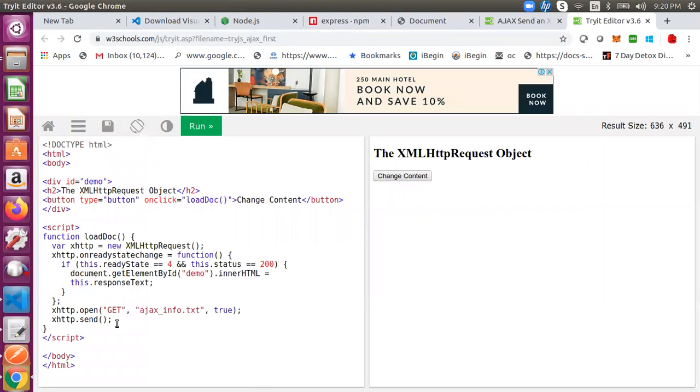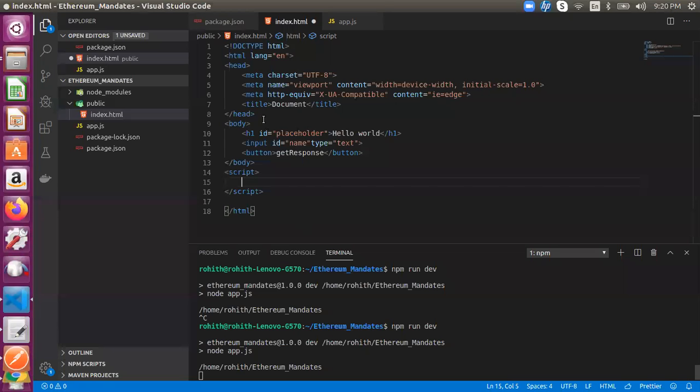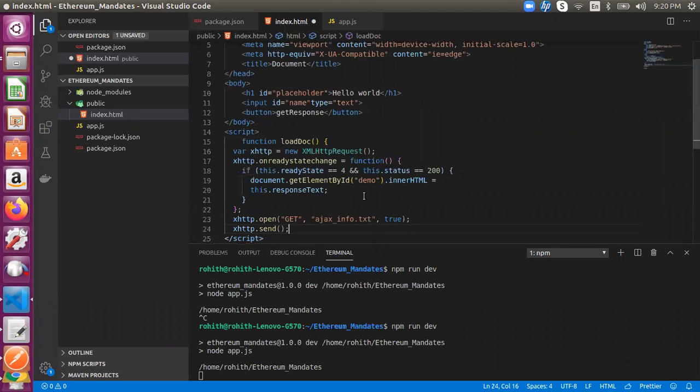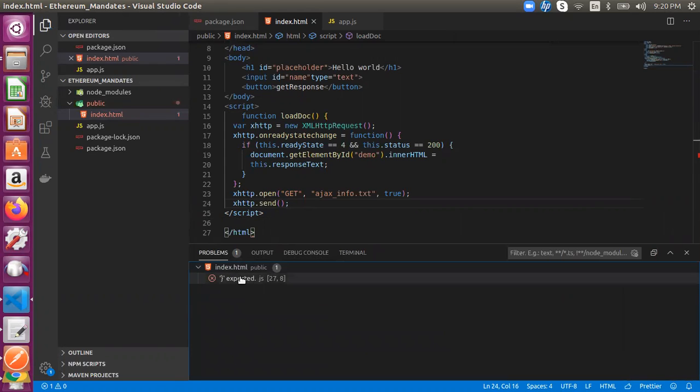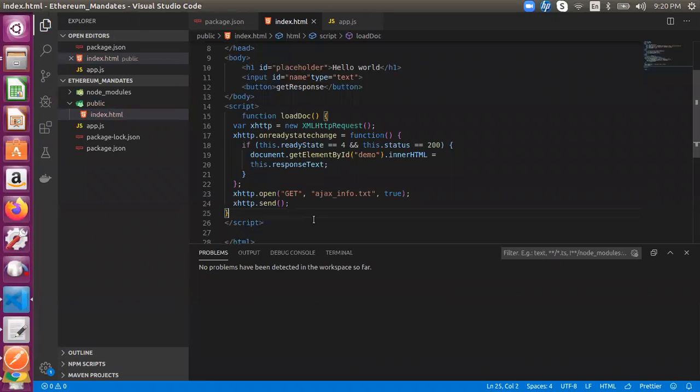I click on try it yourself, take this function, copy it inside the script, and place it in my script, just like that, right? But here there is some error.